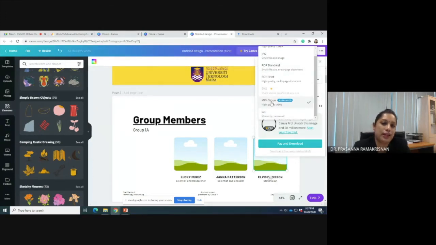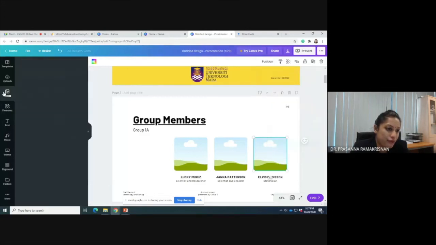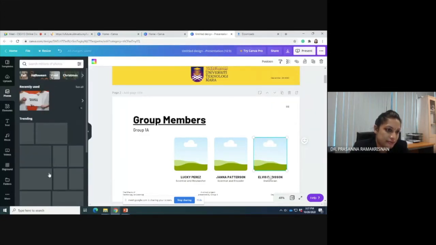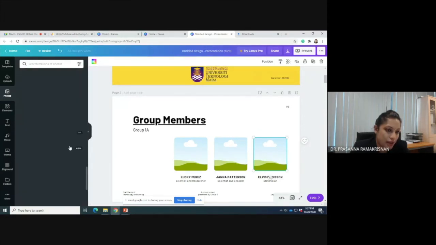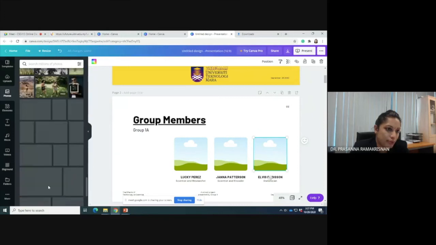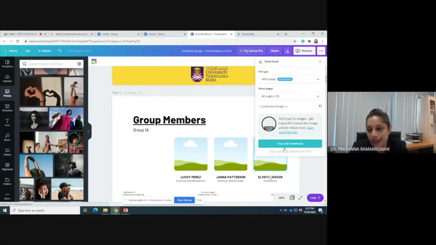So MP4 is when you don't want to have any control or navigation. You want to have a linear one. That means your lecturer says, okay, share a video file of your presentation. So you can do the presentation here and you can download, and make sure that when you're using it, you don't use any premium. So premium meaning that any photos that you see here, if the photos require you to pay, this is all free. Some of it are pro. So if you take any pro inside here and if you use it, this is what happens. You need to pay and download because some of the images are pro.